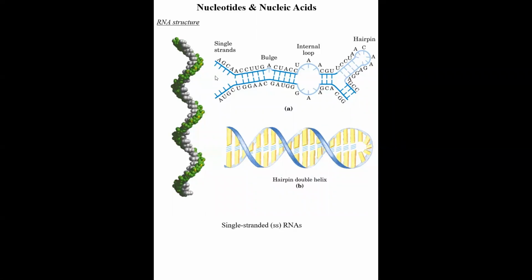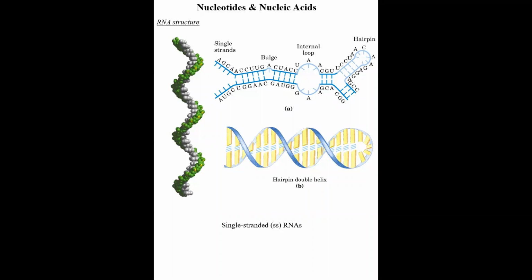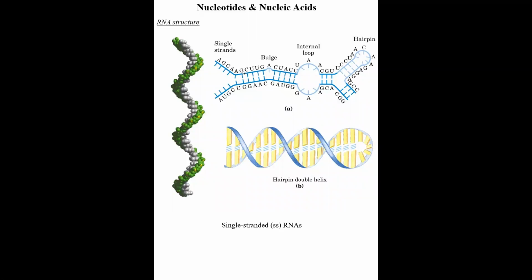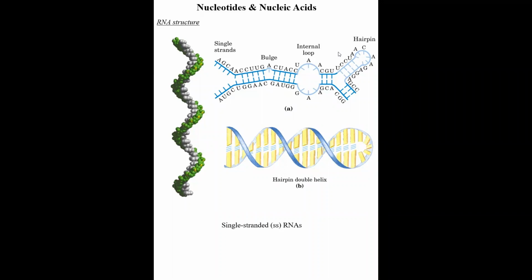this is actually some sort of double-stranded RNA, where the RNA gets coiled back due to some specific sequences which pair with each other, like GC, you can see AU and GC, and they form an internal loop and a hairpin-like structure. This is a single stranded RNA, but it has complementary sequences, so it gets coiled up.